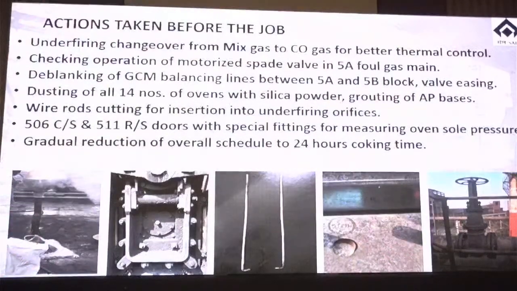As I was saying, we have two blocks, A block and B block, and in the GC main there is a balancing line. Normally the valve is closed and it is blanked, so we de-blanked the balancing line and also eased the valve, because we had an inkling that we might need to open that valve to balance the lean A block GC main from the gas in GC main B. Wire rods were cut for insertion into underfiring orifices, and